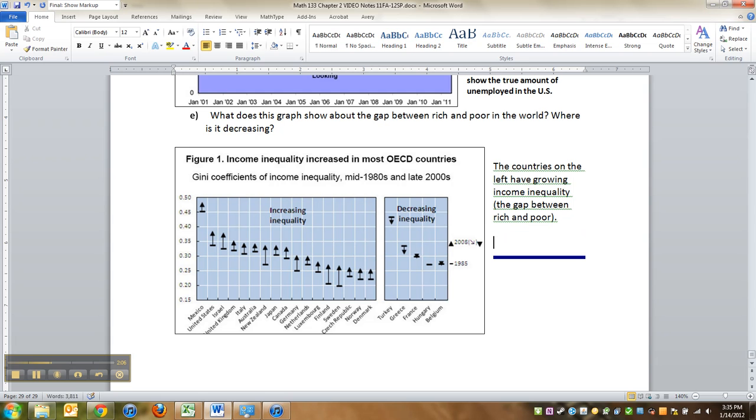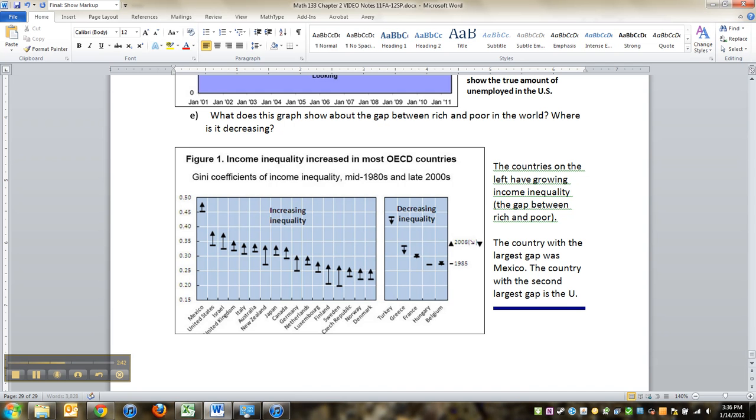Now, the country with the most, or with the largest gap and the largest growth, honestly. So no, it's actually the largest gap in 2008 and in the 1980s was Mexico. Oops. The country with the second largest gap